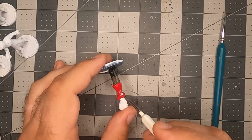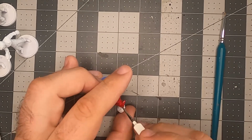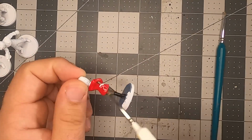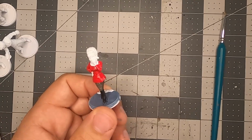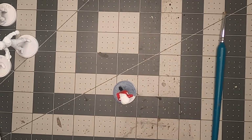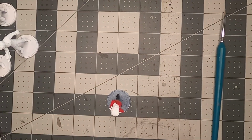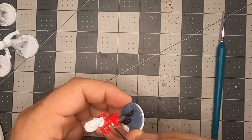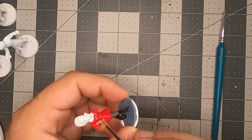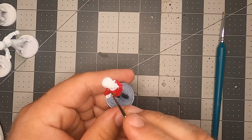Real quick, something important about Uhura, and if they do another female character from the original series, they wear a dress, so their pants are actually stockings. And I kid you not, I spent 30 to 40 minutes looking at just images of the female characters' outfits, and what I could gather is that their stockings are black nylons, but very thin, so you get the skin tone coming through. So what I ended up doing, I took Necrocloak and mixed it with the skin tone that I'm using for Aurora, which is Monster Brown,